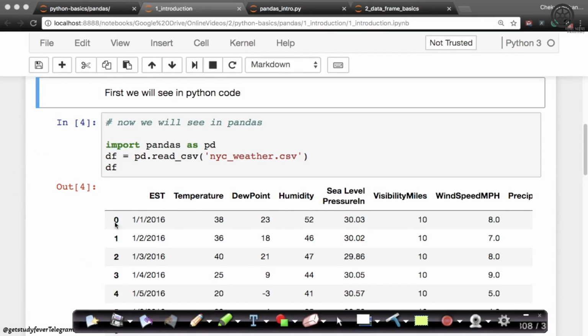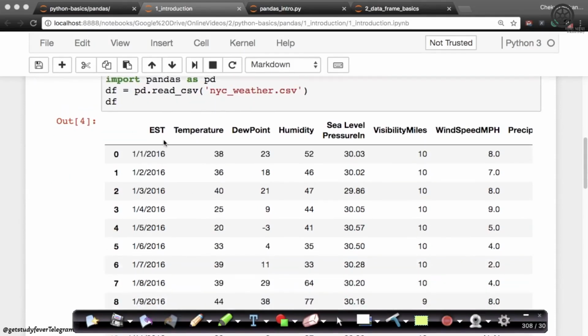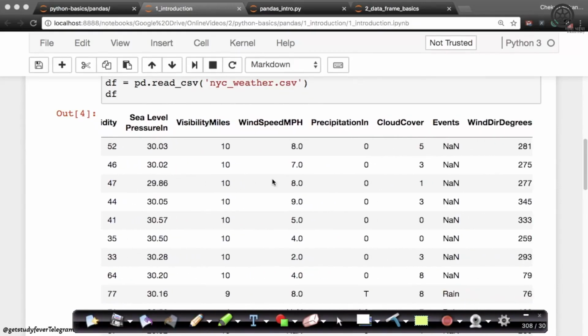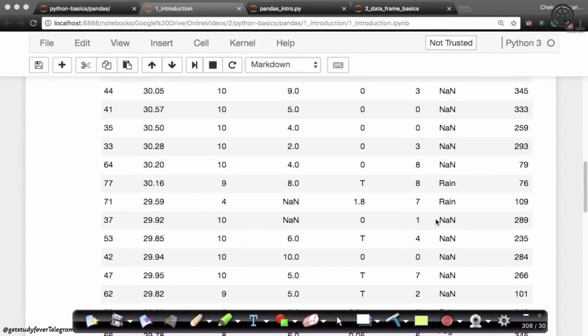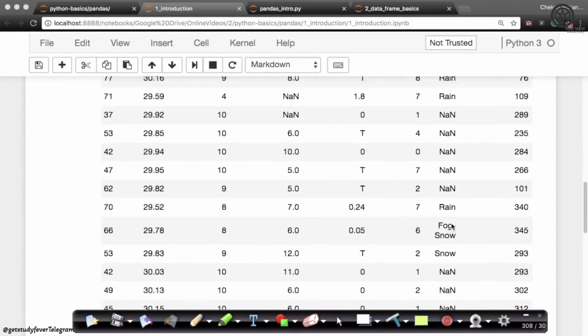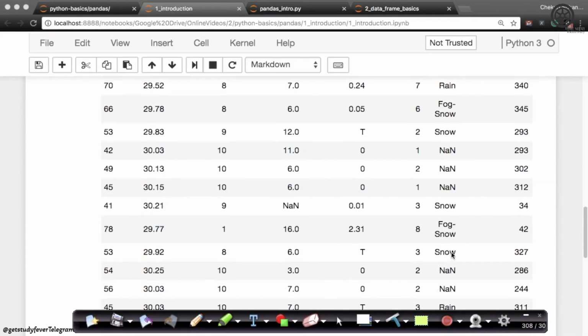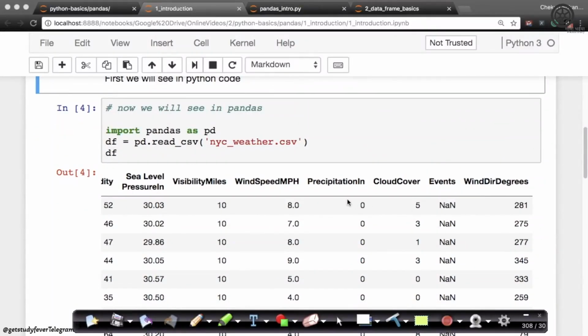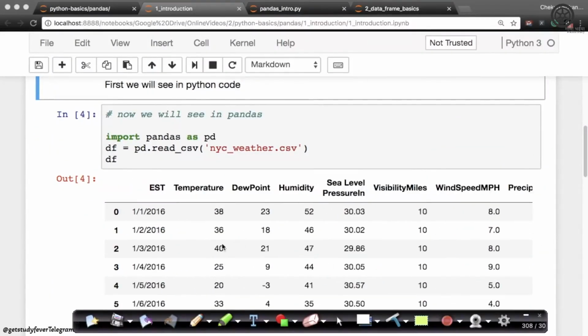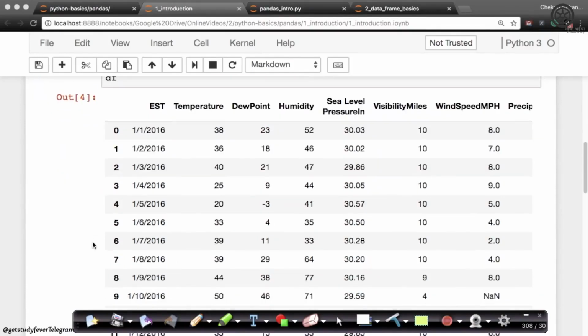Now, if I want to visualize a data frame, all I have to do is just type df, and this is the table I have. Of course, it has EST, which stands for Eastern Standard Time, right? I have temperature, dew point, sea level, visibility. Here I have events. If there is no event that day, it is just NaN, or it could be rain, or it could be fog, snow, right? There are different types of events, right? You have wind direction, you have cloud cover, you have precipitation, wind speed, all these features, which are weather variables,